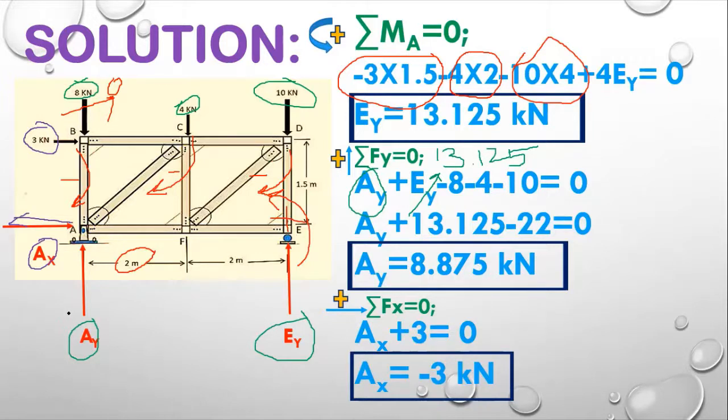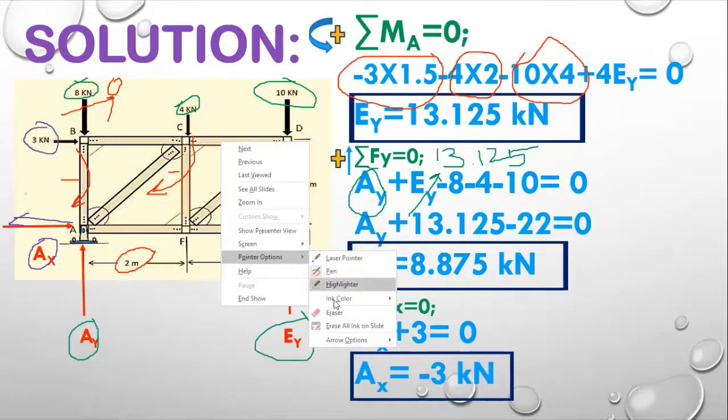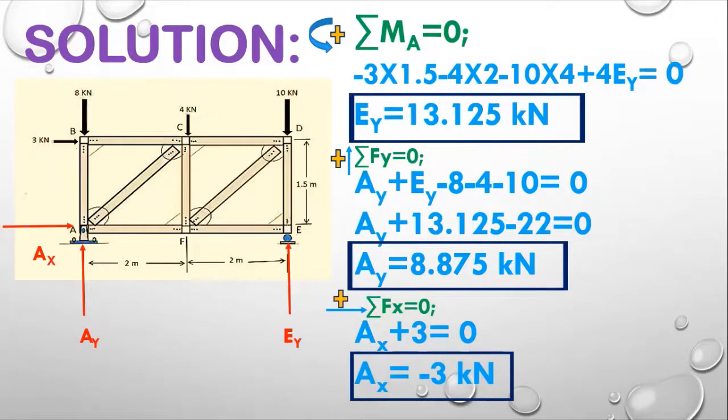So we are moving towards the next slide, and we are going to find out member forces at different joints. For example, which joint should I take first? I think it's good to take joint B. Why am I going to take joint B? You can see there is only this vertical force, this is also a vertical member, and this one is the horizontal force. So there is no inclined force here. So it will be easier for me to calculate member forces FBC and FBA from joint B.